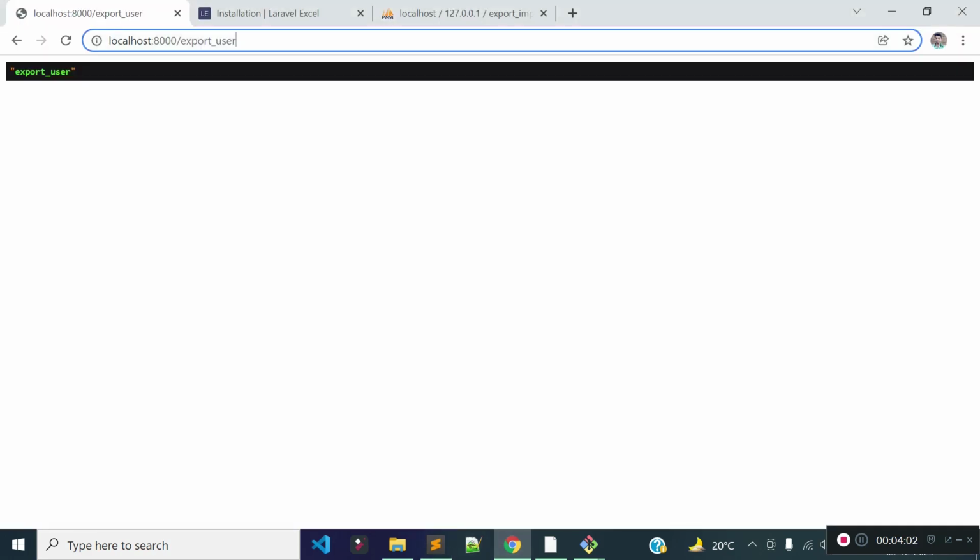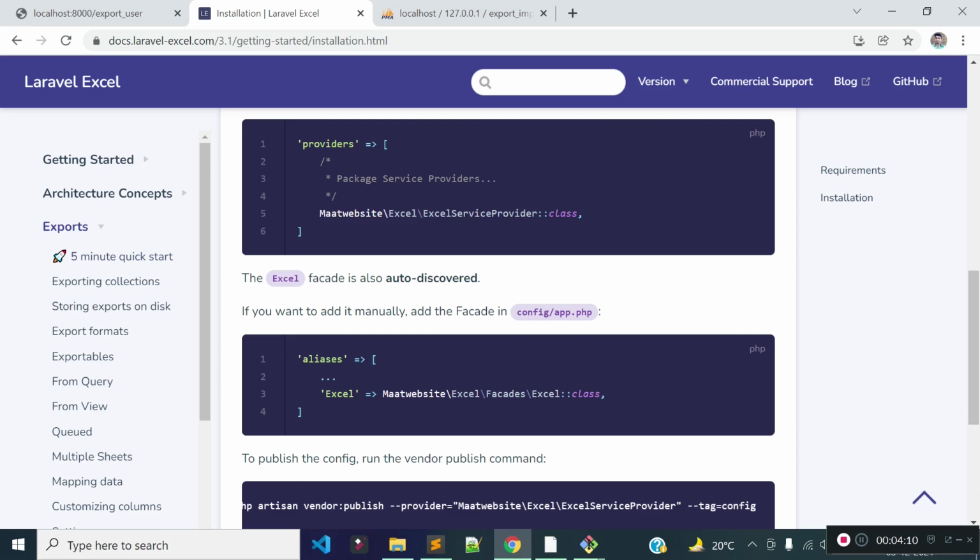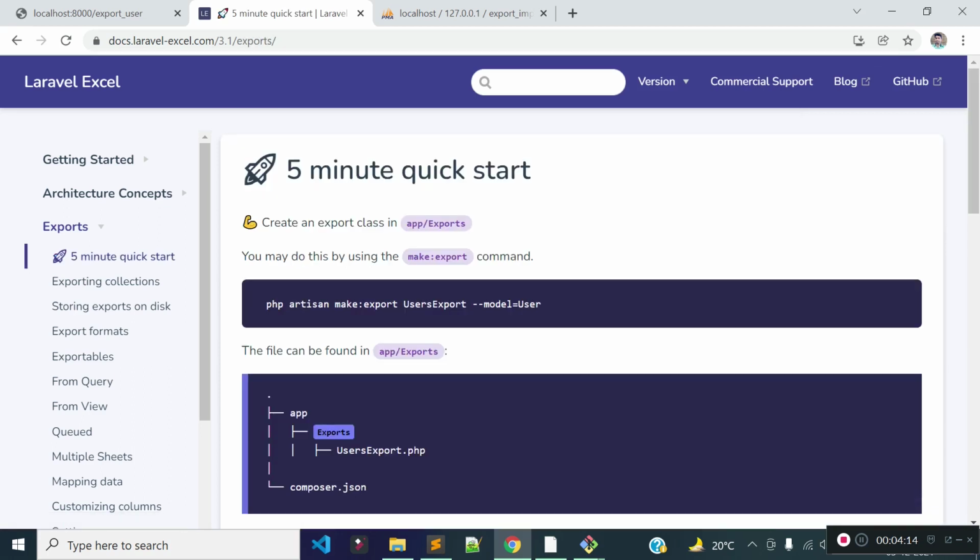Now to export the data to an Excel file, we need to generate an export. Let's click on this export link from the documentation, and to create the Excel file we need to generate the export with this command: php artisan make:export, and then your export name.